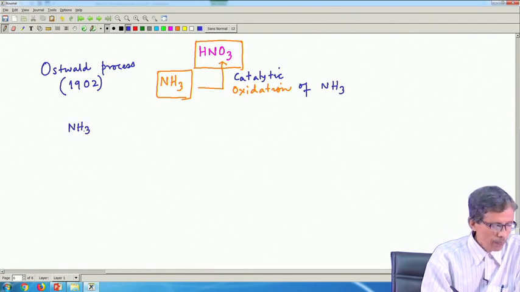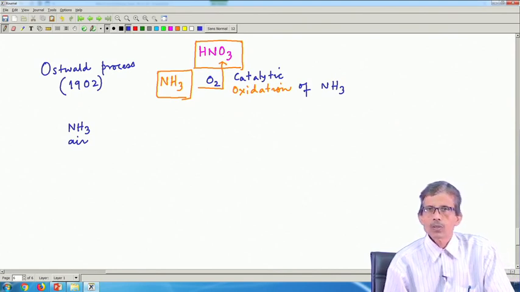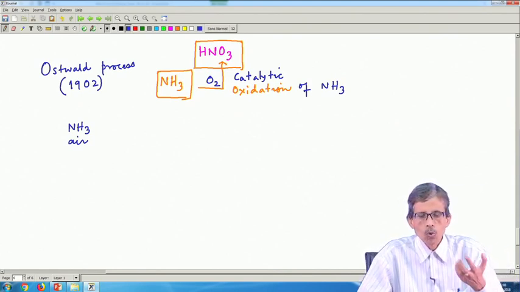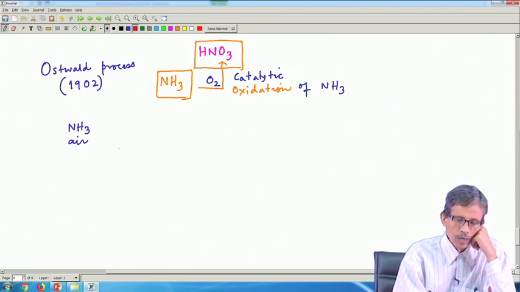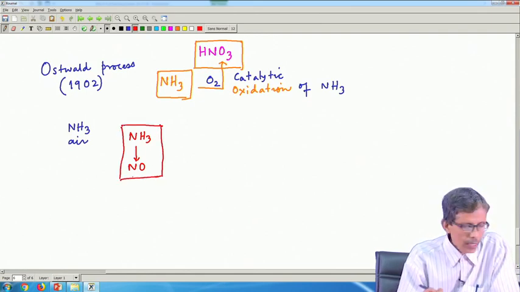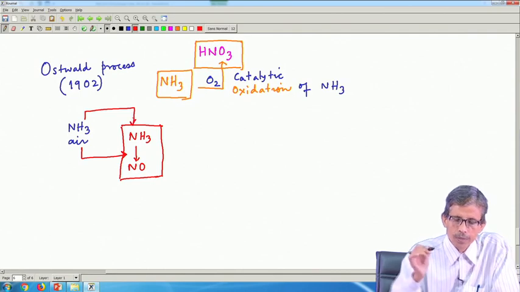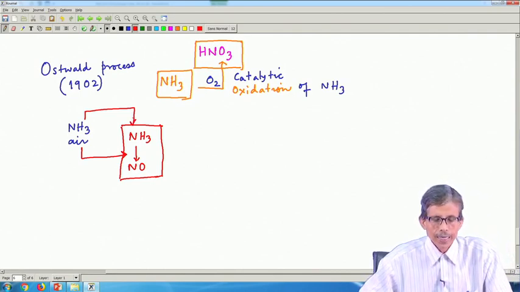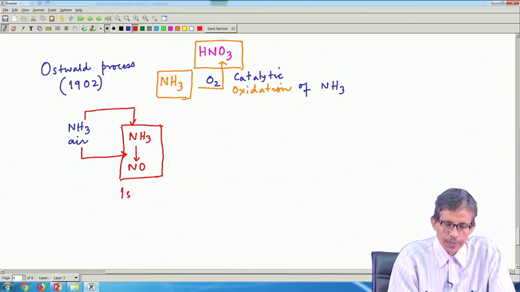So, we will have ammonia and simple air, not any other thing, that means O2 present in air. If we go for the catalytic oxidation of these, O2 present in air will be very much useful, and that O2 present in air can be utilized for this particular oxidation, where your ammonia will give rise to the production of NO. In this reaction chamber, we can have two reaction ports basically, where ammonia can enter through one path, and air can enter through this particular path. So, this is the first stage of reaction,